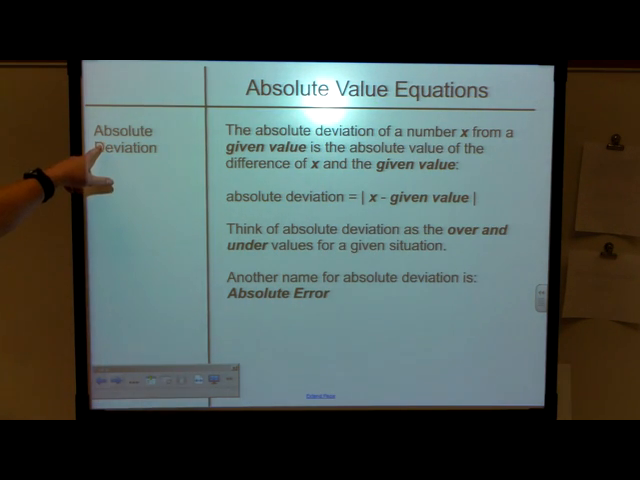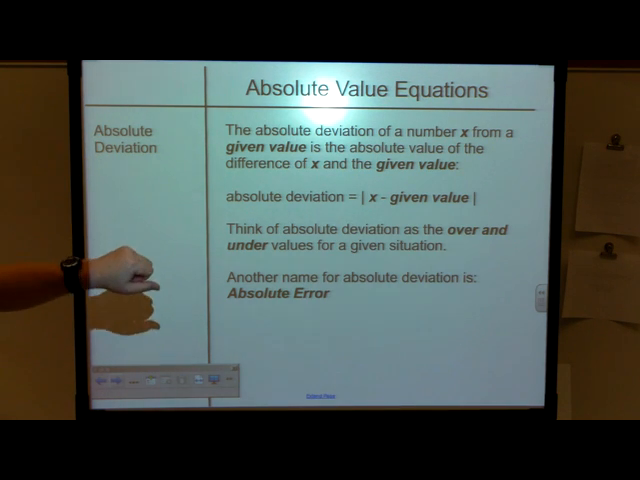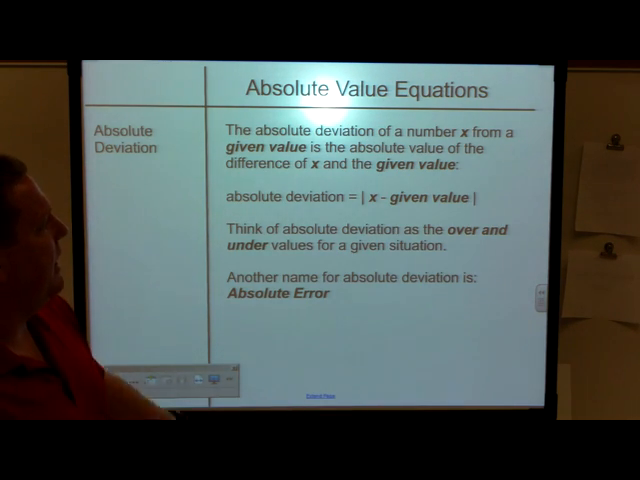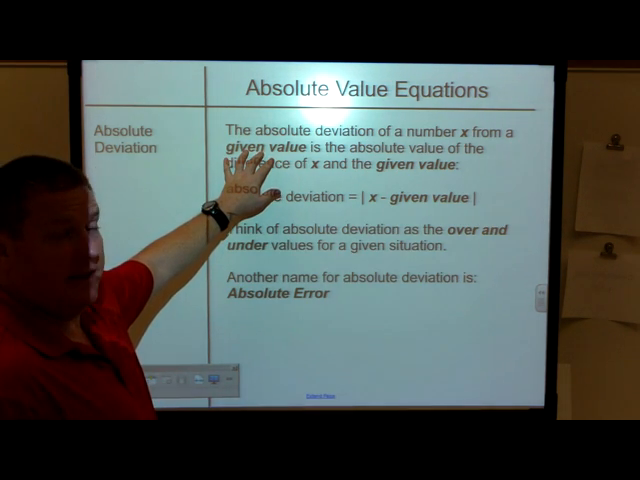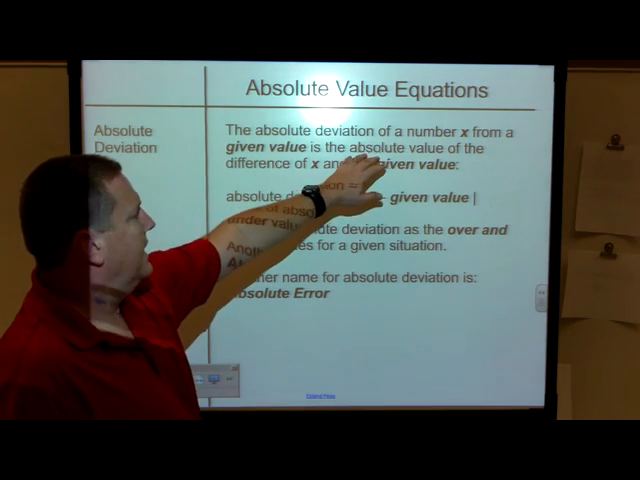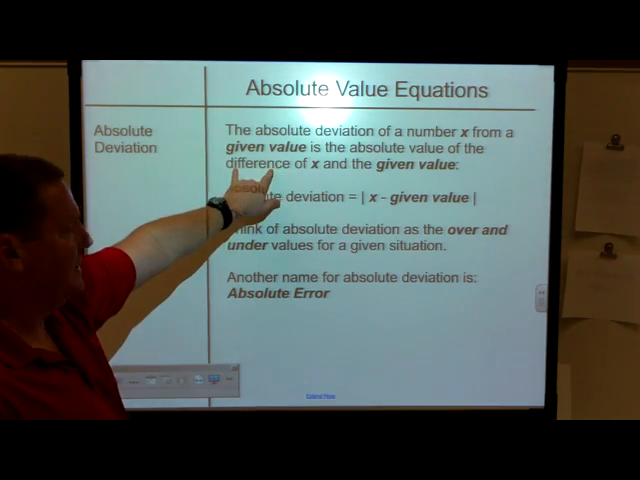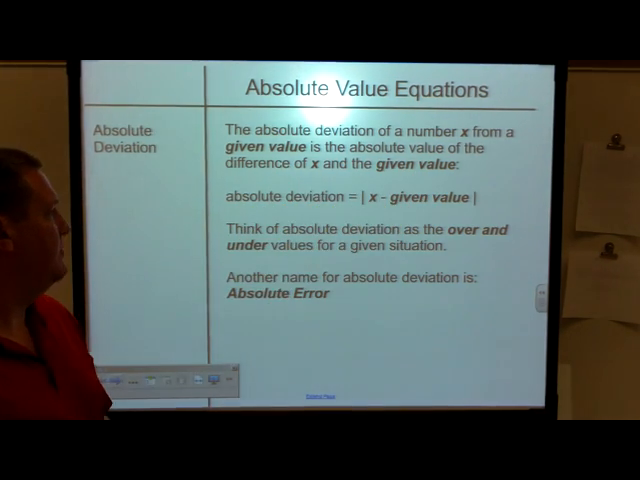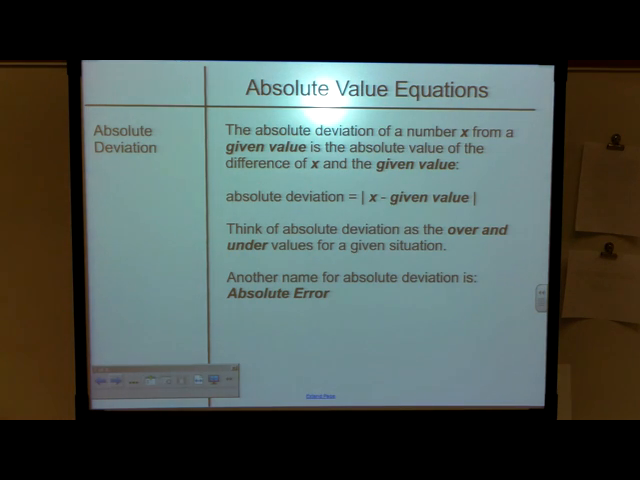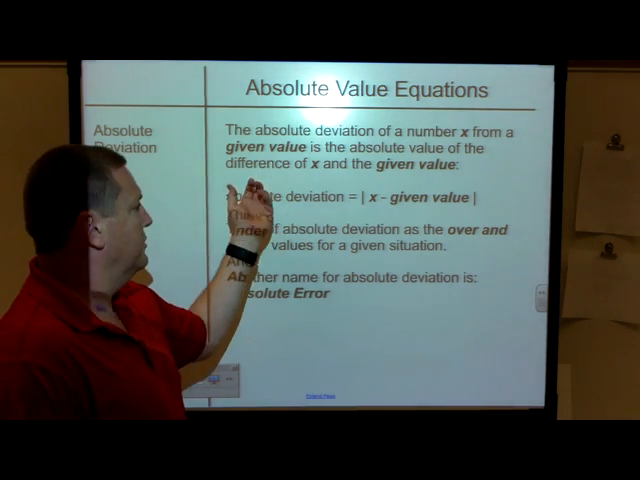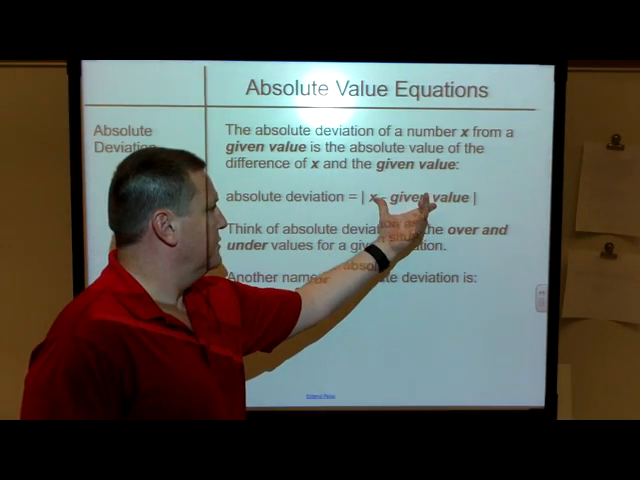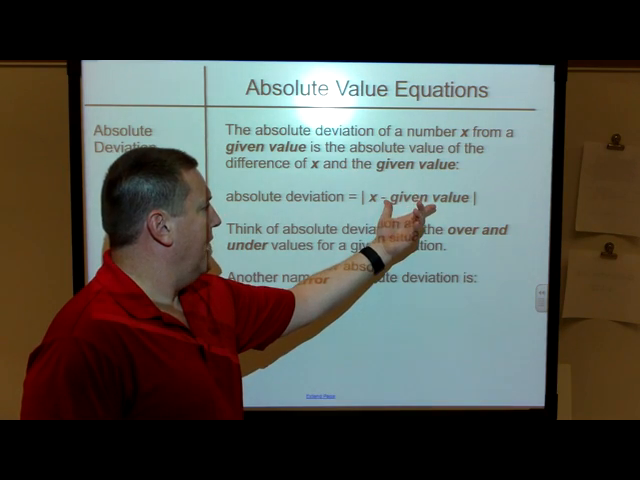Absolute deviation. This is relatively easy, but some people have a difficult time with it. The absolute deviation of a number x from a given value, they have to give you something to start with, is the absolute value of the difference. Difference means minus of x and the given value. And here's the general absolute deviation equation where we have some deviation or some error, as we're going to find out here in a minute, is equal to the absolute value of the difference between our number that we have